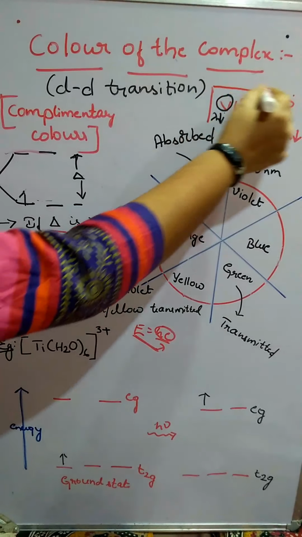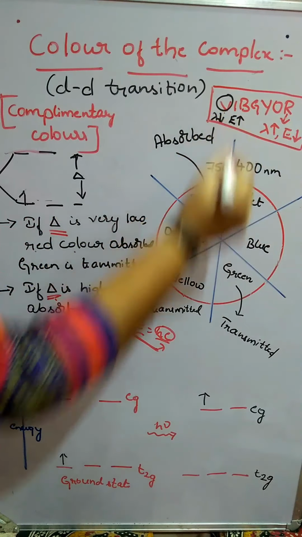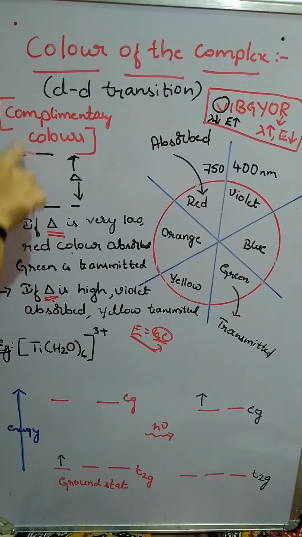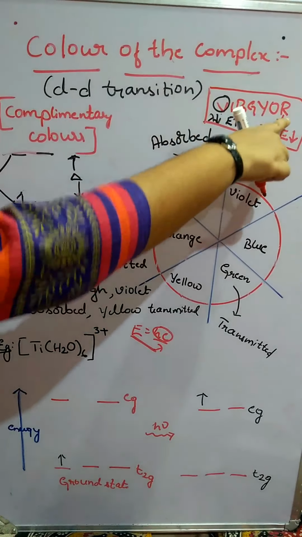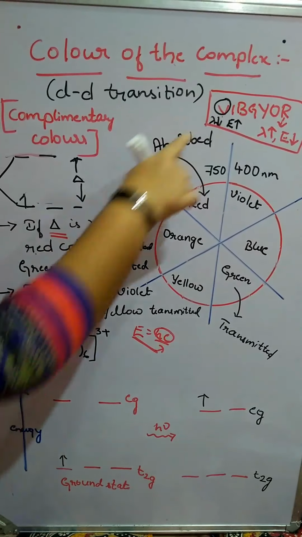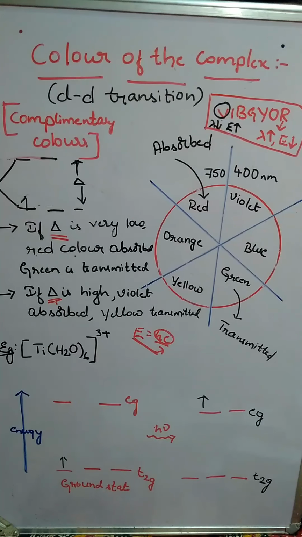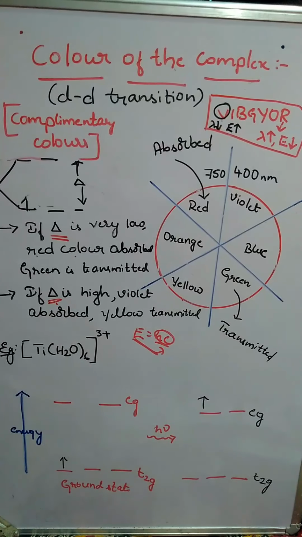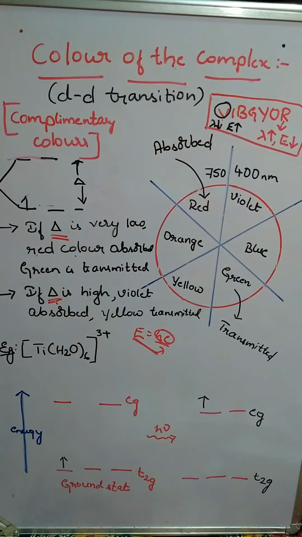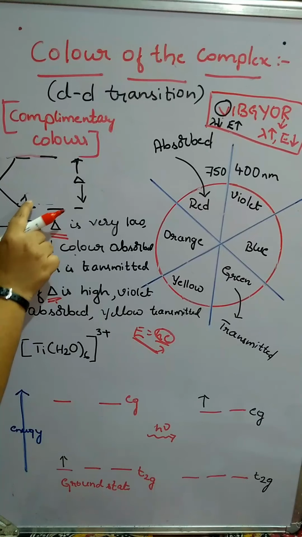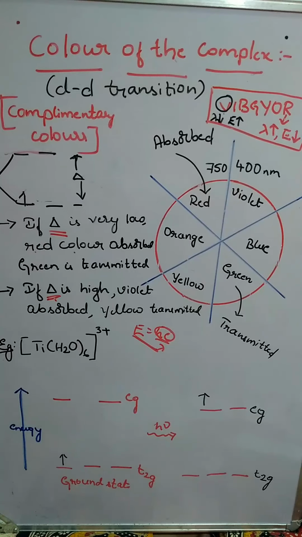So this is based upon this part. Less energy required means you should take higher wavelength radiation. High energy required means you should consider lower wavelength radiation. So that is the thing. And now I said d-d transition, that is very important. We shall take up one example and see what the d-d transition is, or how the electron will jump from a lower energy level to a higher energy level.